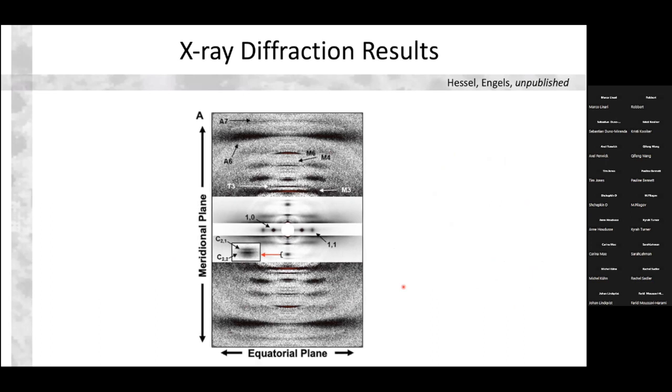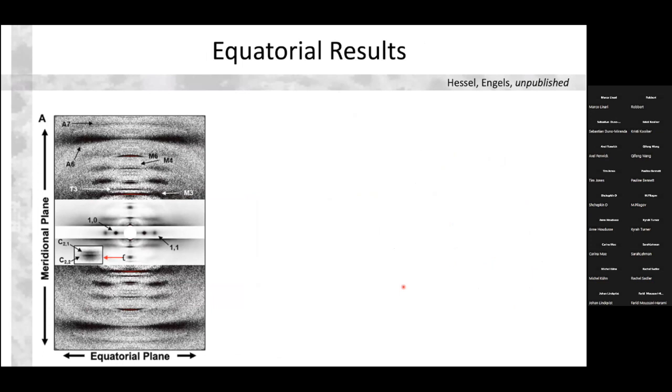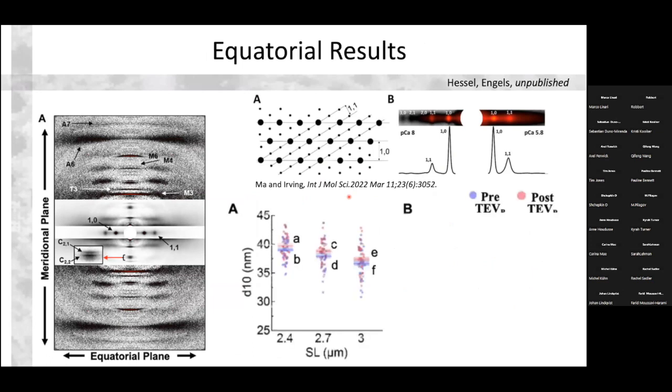Okay, so what else did we find at a first glance of the data? And I say first glance because both Nick and Anthony have been furiously trying to reduce the data and get these results out for you. So you are, like I said, some of the first people that have seen this. So this is just talking about the equatorial results now, and a beautiful review article by Wei Kong and Tom with some really nice figures showing what these patterns are giving us information on.